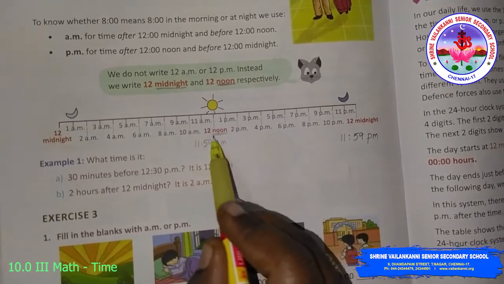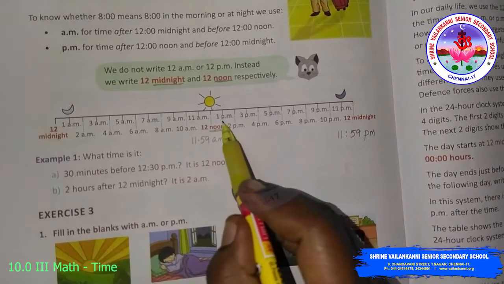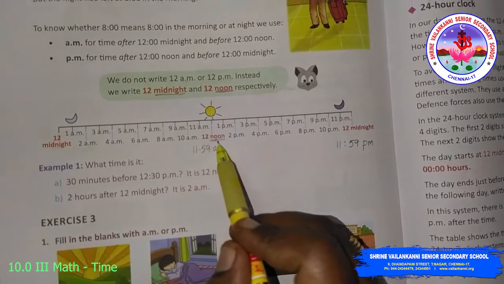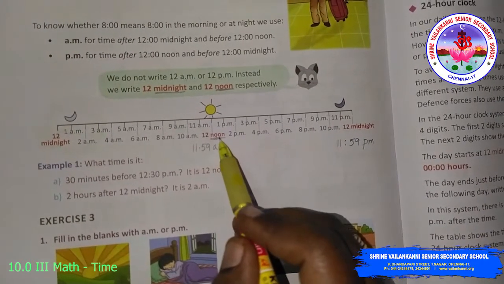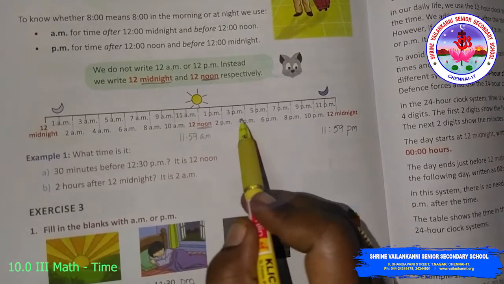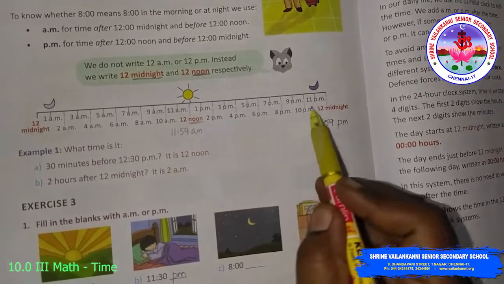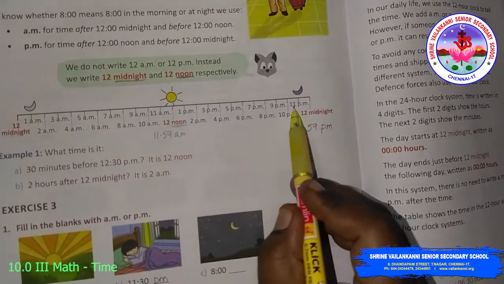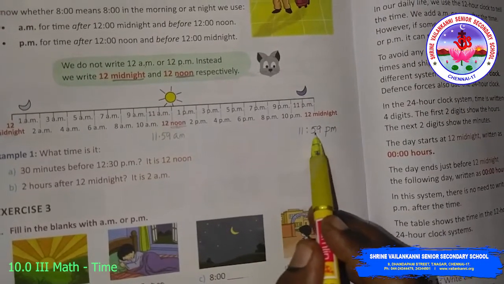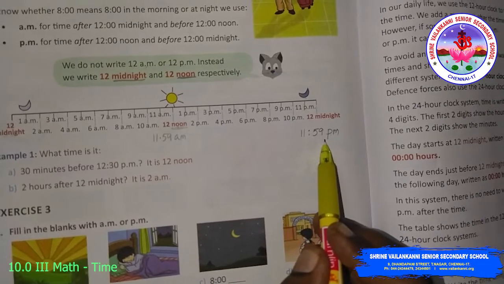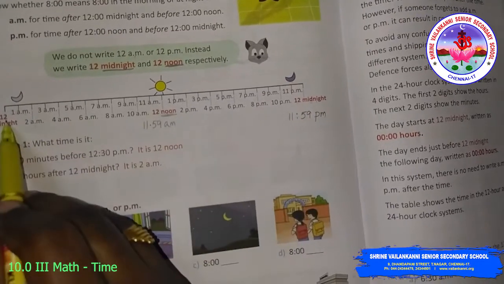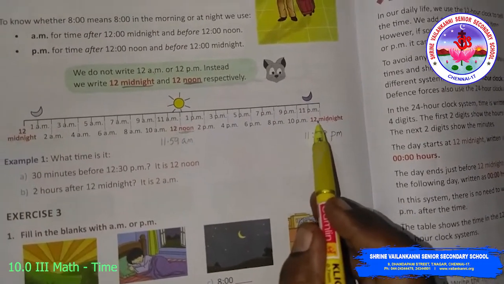The next minute, 12 noon, when it starts, will be 12 PM. You will be having lunch during the afternoon. After this 12 noon, 1, 2, 3, 4 you will call PM, PM, PM till 11 PM, again till 11:59 you will call it PM. When it becomes 12 again you will call it midnight. So this will be repeated.